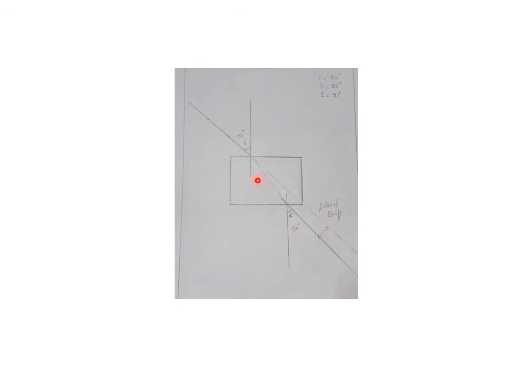And similarly, R will be varying. You have to remember that I is in air and here is the glass medium. So whenever light enters from air to glass, that means rarer to denser, the refracted ray shifts towards the normal. That means in this case, you have to find R should be less than I in all three cases. But one more thing you have to remember, the angle of emergence for I 30, 40, 50 will be equal to the angle of incidence.